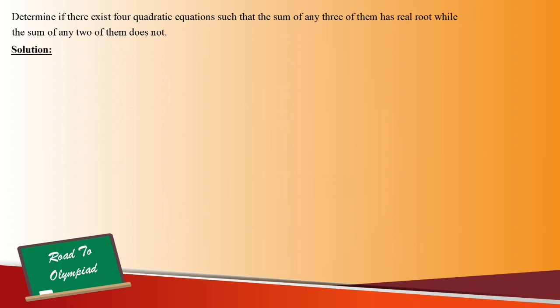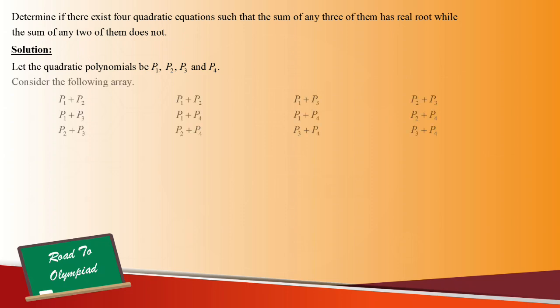To solve these problems, we start by letting the quadratic polynomials, which are responsible for the 4 quadratic equations, be P1, P2, P3, and P4. And let's consider the following arrays. Notice that if we add each column, we get twice the sum of any 3 polynomials, which have the same root as the sum of the 3 polynomials itself. Since the sum of any 2 of them has no real roots,